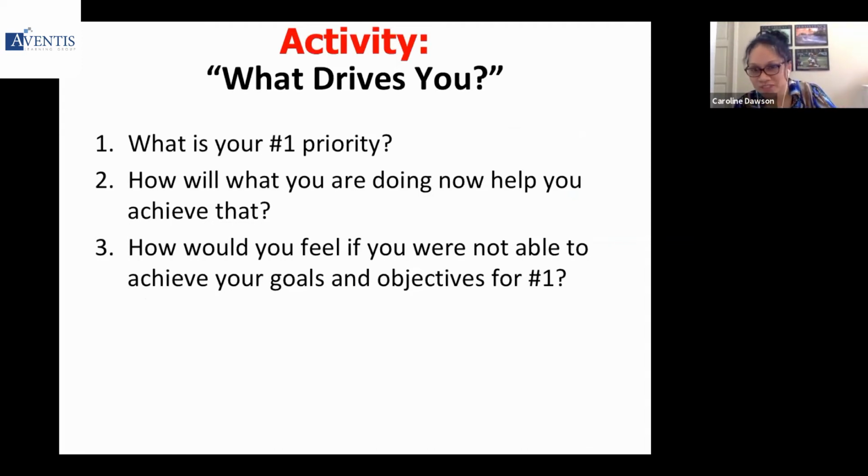So all you need to do is this. When you meet your new friend, or you could be the same person, it doesn't matter, okay? Just share or just ask each other these questions. What is your number one priority? So what I'll do is this, I'm going to give you an example. I'll answer the questions. What is my number one priority? I'll tell you is my family, especially my children.